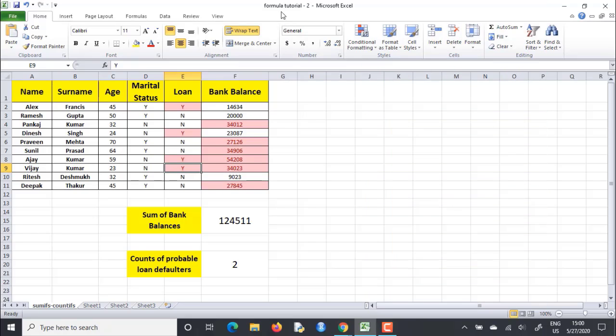It's just a pun. So jokes apart, this was the COUNTIFS function, and this is a pretty good conditional formatting style we could use to highlight something we want to. I personally find these two functions really exciting, because the more conditions you put, the results seem to diminish, and the values come to a lesser number. So this is where you can use it on data which have several dimensions. I mean, here we only had age, marital status, loan and bank balances.